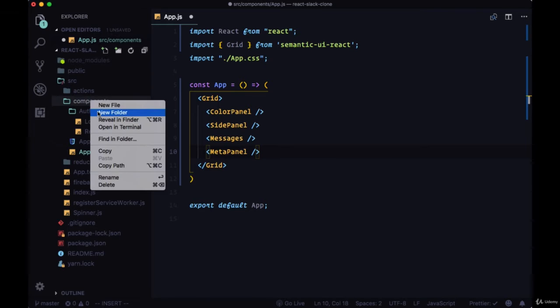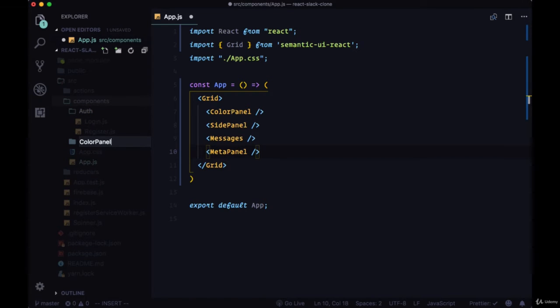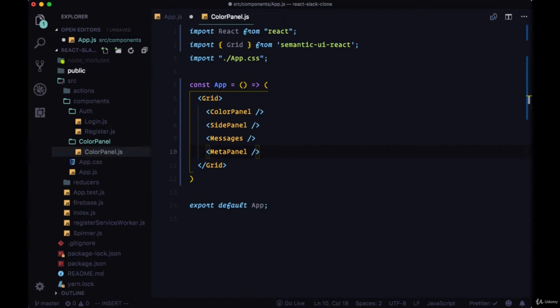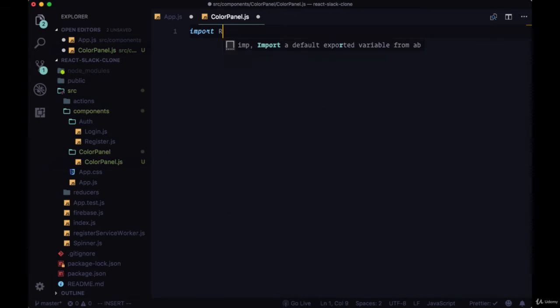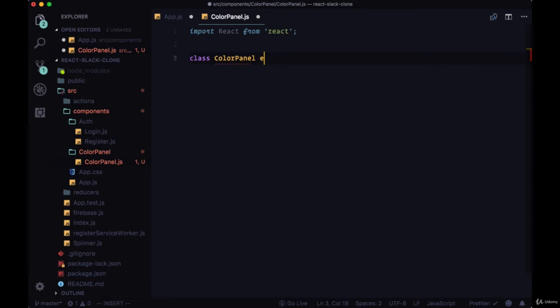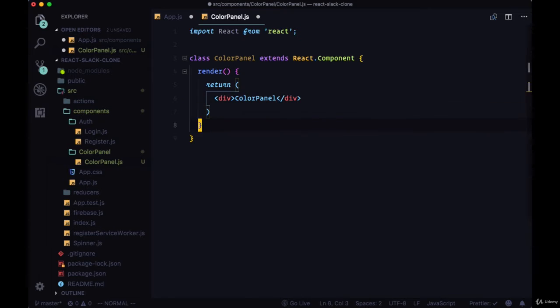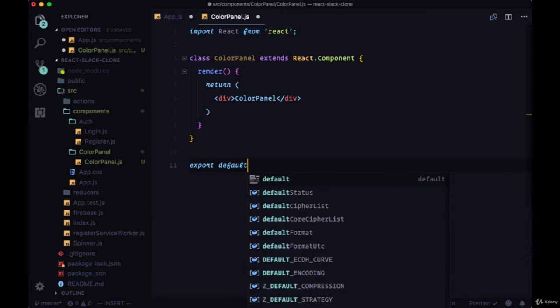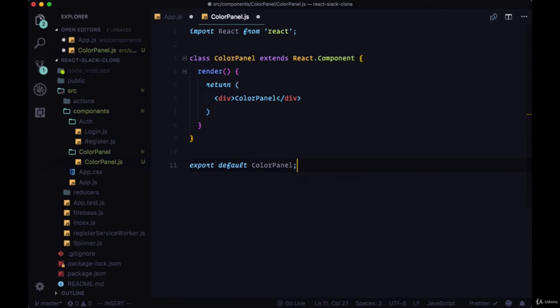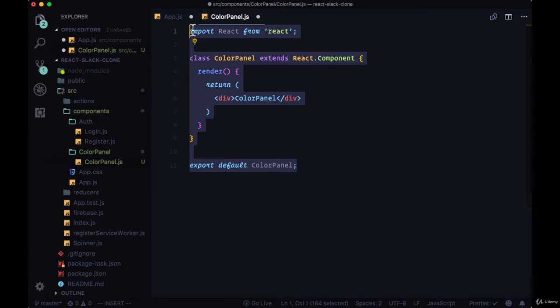We'll create a folder for our color panel, which will include a color panel component. Up at the top we'll import React. This will be a stateful component, so it will be class ColorPanel extends React.Component. We'll have our render and return. For now we'll just return a div, the text of color panel, and then export it. You can copy all this markup,